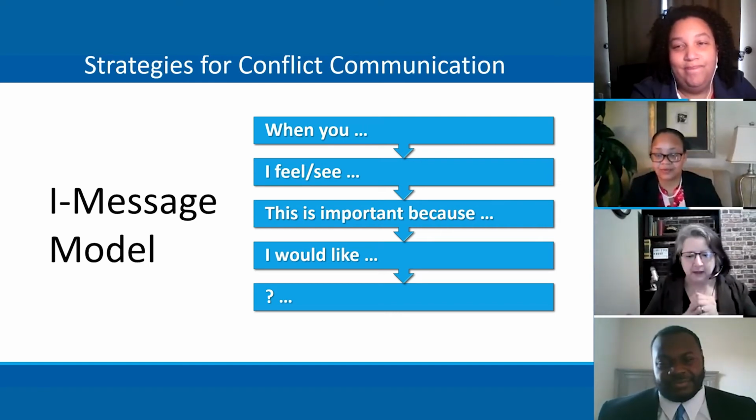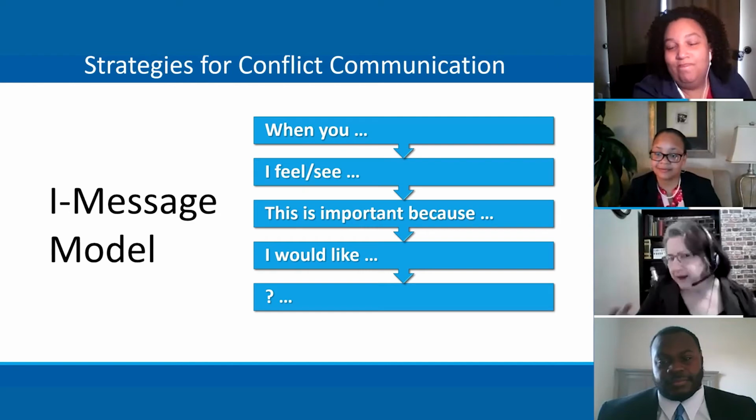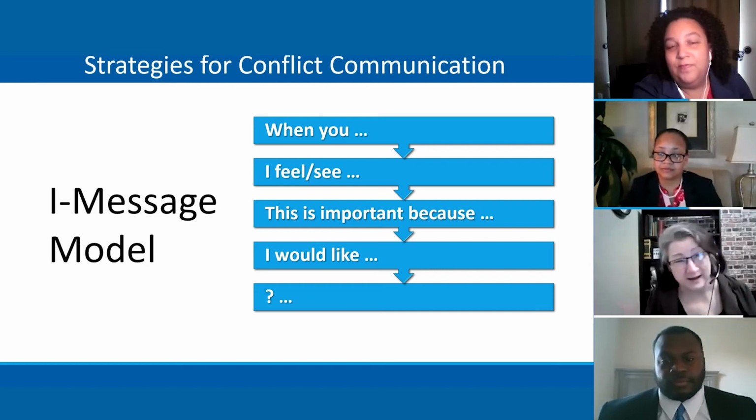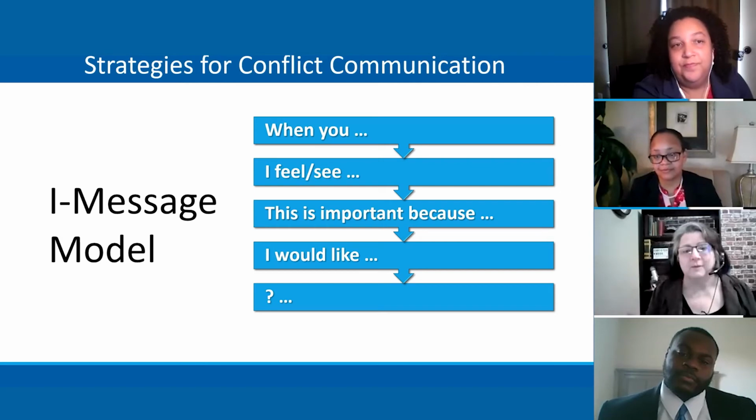So that's why I like the iMessage model. It helps me to get that anger out of me and get it down to just what I need to say to somebody. And I think with conflict communication, it's so important that we find a way to get past that emotion and get to a nice conversation where we can talk through things. I know that at first we have to kind of vent some of the stuff out. We have to get that out at the first. I understand that. But when we start to try to get to a real solution, the iMessage model is going to help us a whole lot.